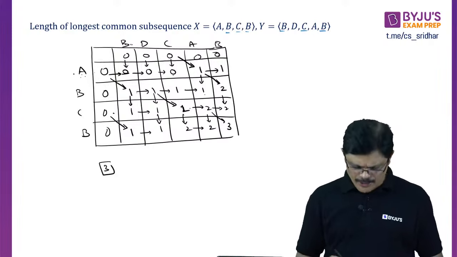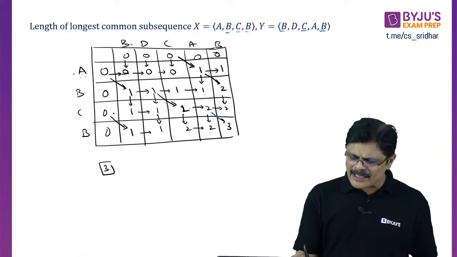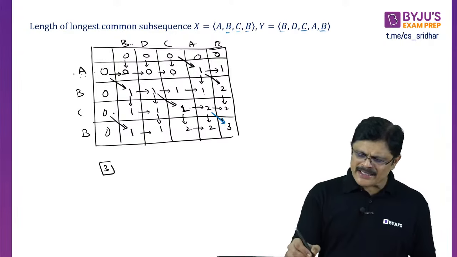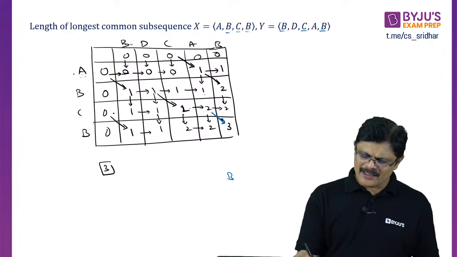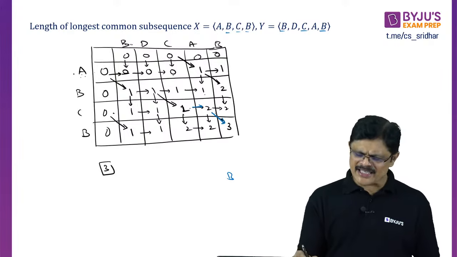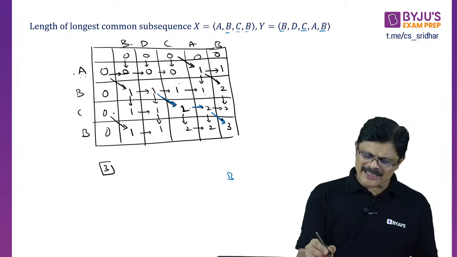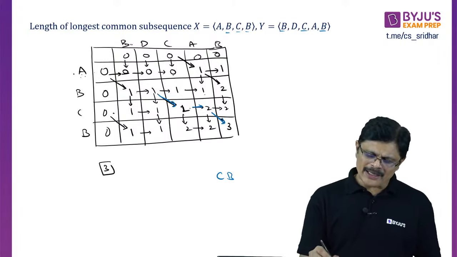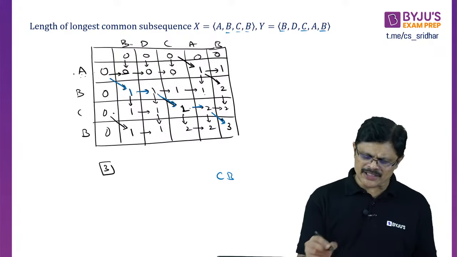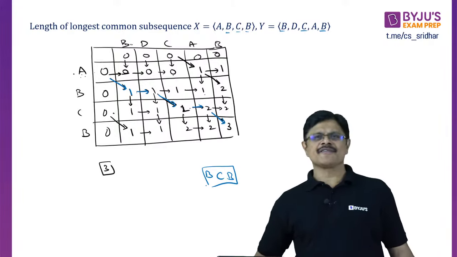3 is the answer. Now if you want to identify what is that symbol, whenever you are coming from diagonal, you write this symbol. B you write, and you go according to this diagonal. Next it is a horizontal line, just go to the parent. You come here. Here there is a diagonal, corresponding symbol C you write. You have to write from left to right. 1, it's a horizontal line, just go here. 1, it is coming from diagonal, write down the symbol which is B. So the answer for this is BCB, my dear friends.